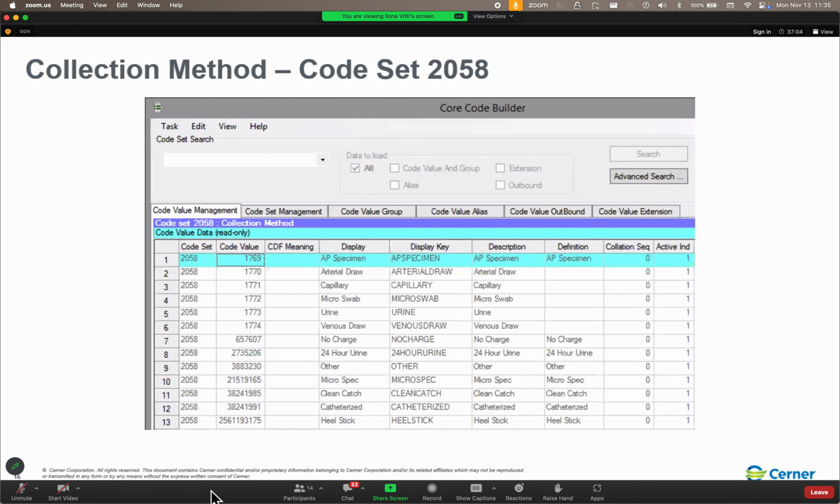Now, the collection method, that is purely lab, and the collection method is pretty much entirely client defined. You can enter whatever values you want in here. None of them have CDF names, so the system is not hard-coded to look for anything. So you can have whatever you need in the system to be able to properly document how that specimen gets collected. Now, this can be built in Core Code Builder, or